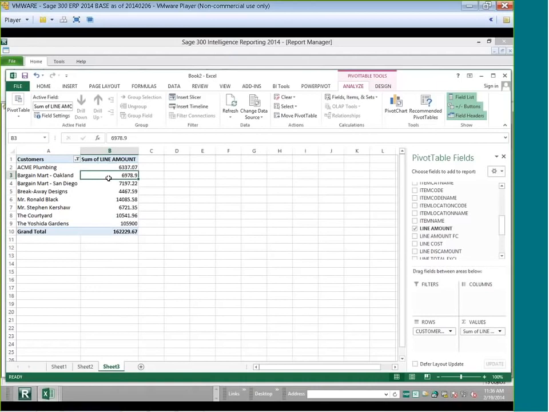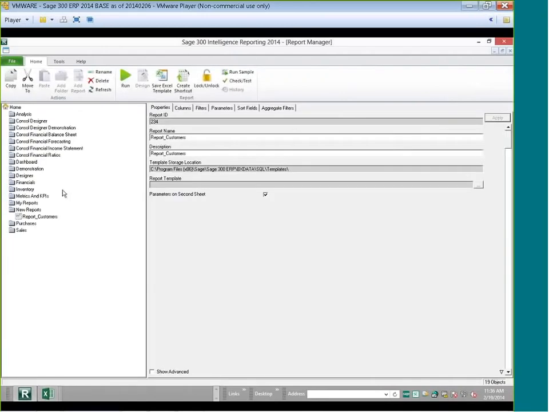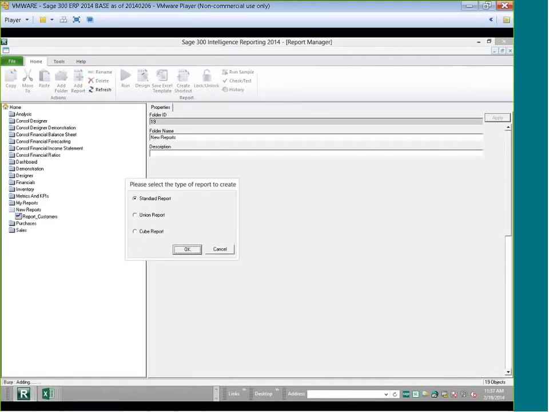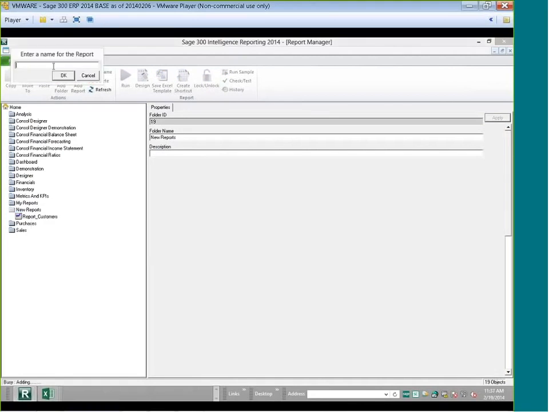And then I start thinking about it. I want to look at my customers, but I also want to look at my vendors. I'm concerned about both. What I want to do is hang on to this, but create another report. I want to add a standard report, and this is for my vendors. So if I say report underscore vendors, select OK,